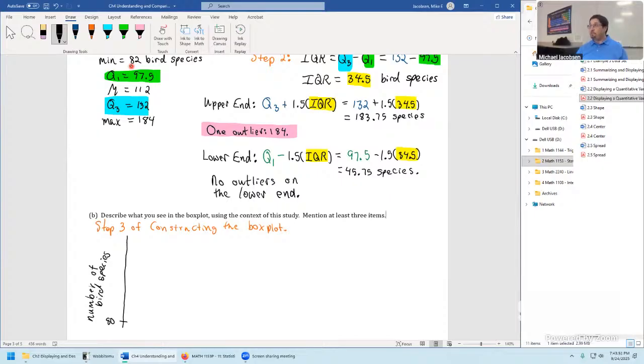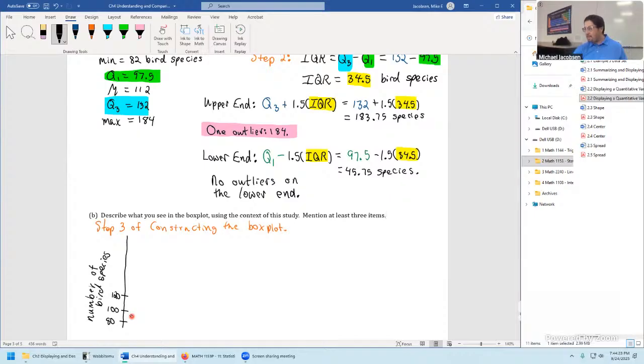In our prior dot plot, we counted off by 5s, but that's going to take us a while to get to 184. If we go by 10s, that might not be too bad, but that's a lot of tick marks as well. I'd say going by 20s might feel a little bit blunt, but that'd be pretty appropriate for these data. Again, it's all up to you. Go with what makes the most sense. Try to get everything to fit on your axes. Let's try by 20s. See how we feel about it. We'd be going up to 100. 120.